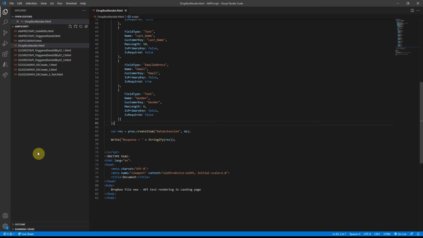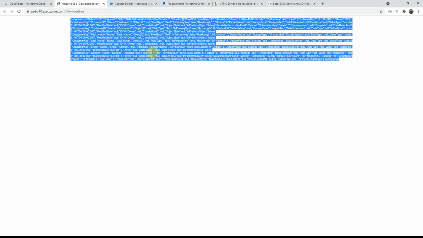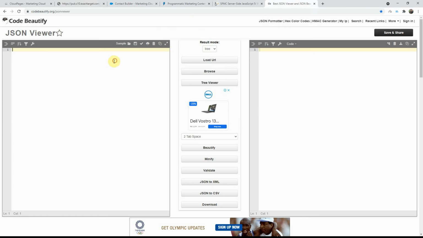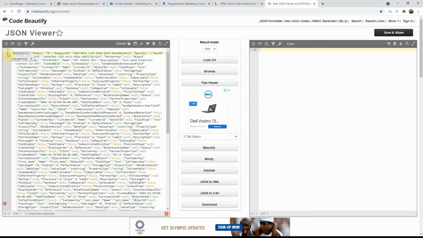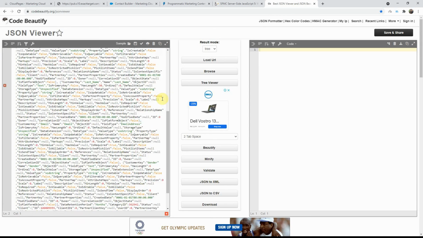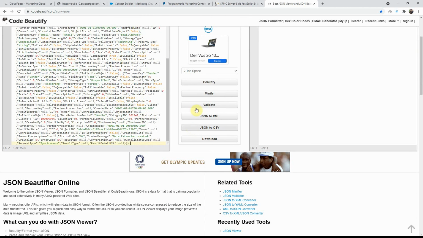Okay, so now I'm going to run this. Let's go back to our page here and then do a refresh. So this is the response that we get. Okay, slightly different from the other one that we had earlier. So I'm going to copy this over, and then I will show you that in a JSON viewer. Now there was some extra text that I need to remove before that gets shown here. So let me take all that out so that it will not show an error.